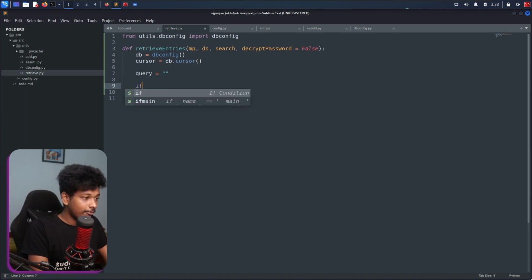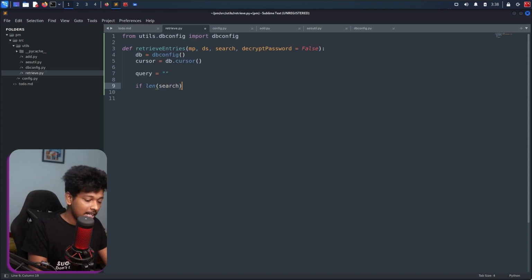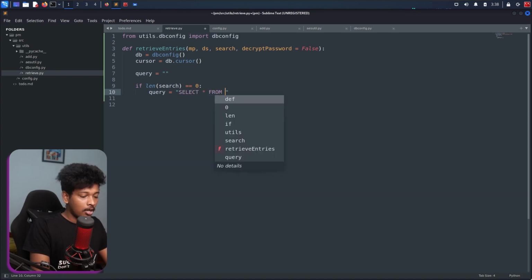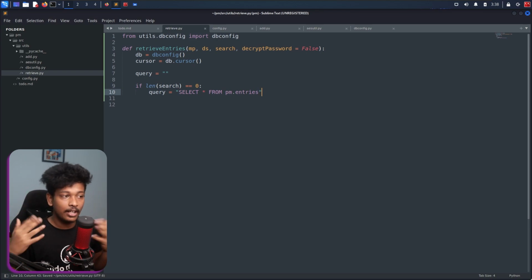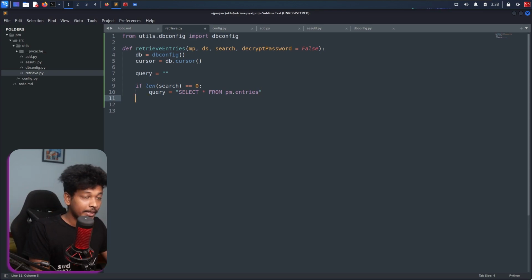So first case is if the user doesn't specify any search field. In that case, the length of the search field is going to be 0. And in that case, the query is just going to be select star from pm.entries. So we're basically going to get all the entries without any conditions. Or else, if the user actually specified a search field, we want to include it in the query. So we'll do something like select star from pm.entries, and I'll say where, and then I'll say for i in